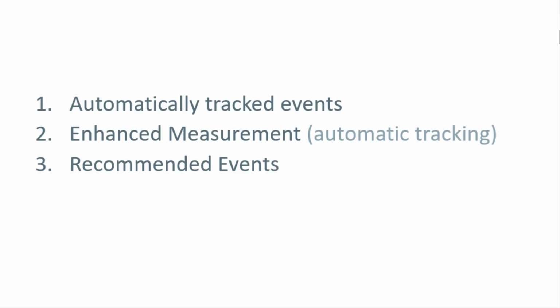Because otherwise what will happen is that you will be implementing custom events. Now, if you plan to track a certain event and that event is not covered by any of these three event categories, then you can implement custom event tracking. Just keep in mind that currently there is a limit of 500 unique events per property. In other words, you should not create too many unique event names for your setup. Speaking of automatically tracked events and enhanced measurement, they are not counted in that 500 event limit. Maybe in the future that limit will be increased, I don't know, but right now the limit is 500.